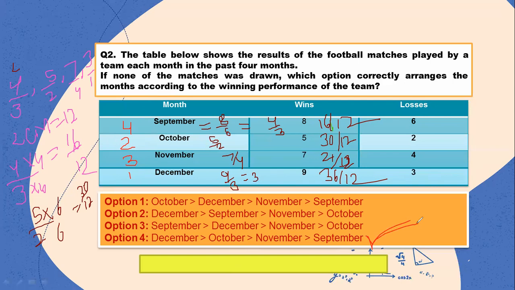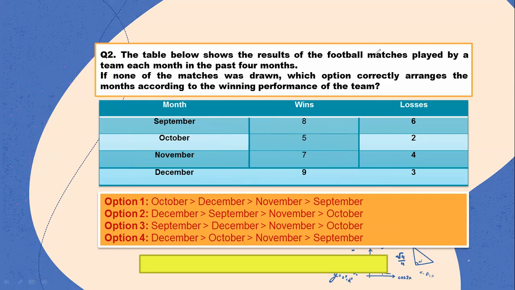The concept is comparing ratios only, but it is an application, where we are arranging 4 ratios and comparing them. Okay. So the final answer to this is option number 4. So let's move further. So option number 4 is the right answer.